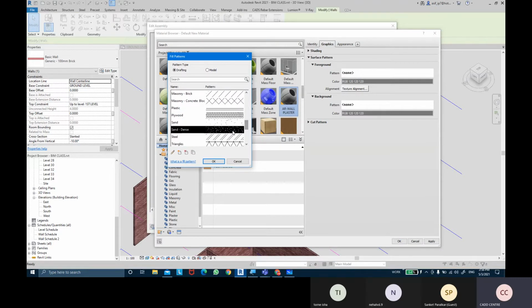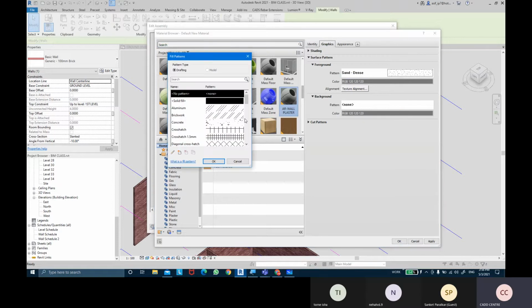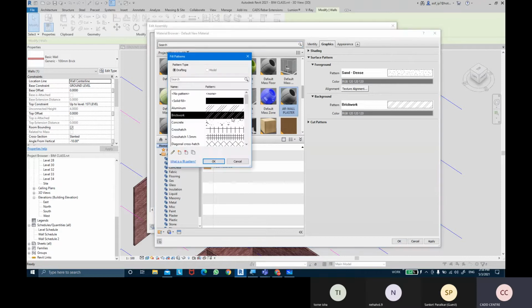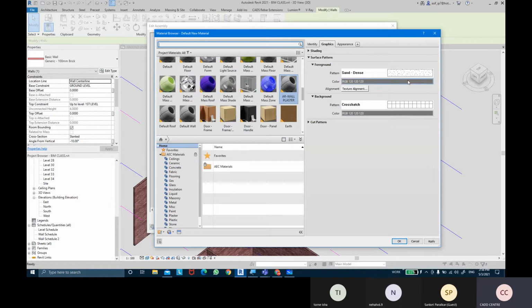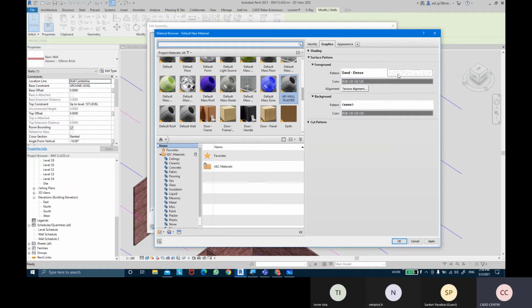So I am going to use a pattern of, suppose, sand dense. तो सरफेस में थोड़ा सा सैंड डेंस के साथ में थोड़ा सा क्रॉस पैटर्न्स भी दिखा सकता हूँ ब्रिक्स के, कुछ इस तरह के, या थोड़ा सा ट्रेकिंग मटेरियल भी दिखा सकते हैं, या अलग मटेरियल भी दिखा सकते हैं, क्रॉस हैच भी दिखा सकते हैं। तो डबल हैच पैटर्न दिखाई देगा सरफेस पैटर्न में। और अगर डबल हैच पैटर्न नहीं दिखाना है तो बैकग्राउंड को नन रहने दो और सिर्फ फॉरग्राउंड में आप हैच पैटर्न अप्लाई करो बेसिकली। Then it's given cut pattern.